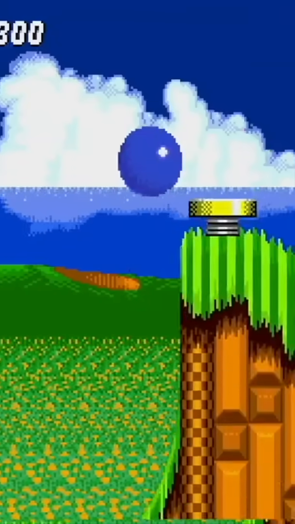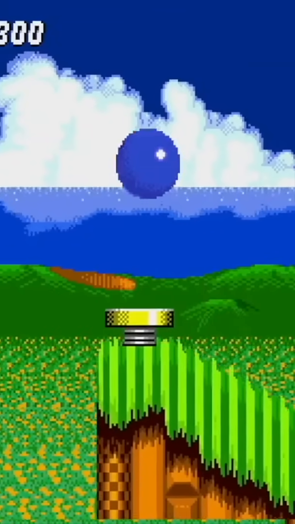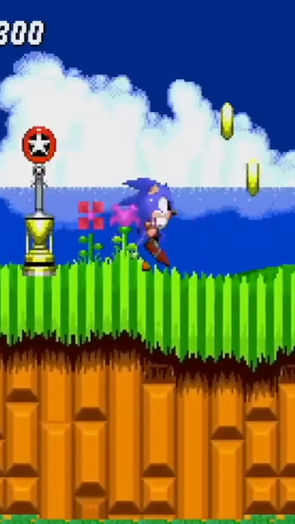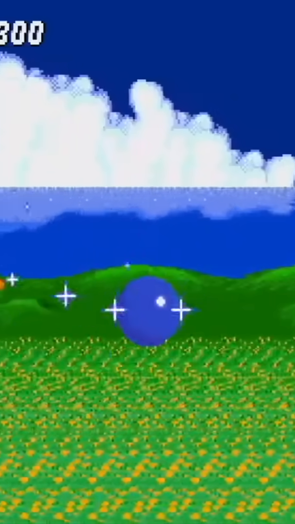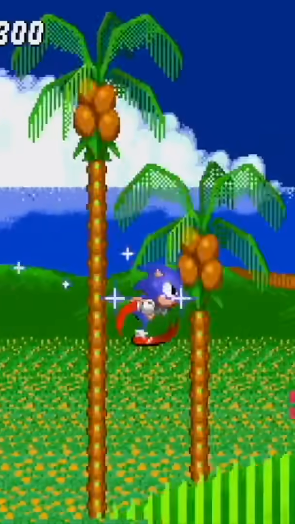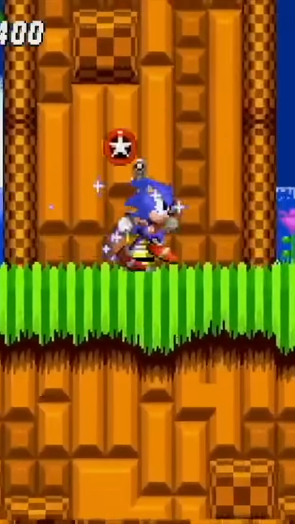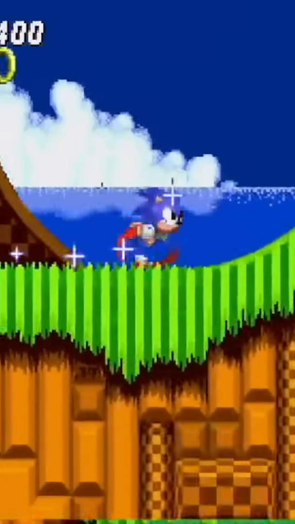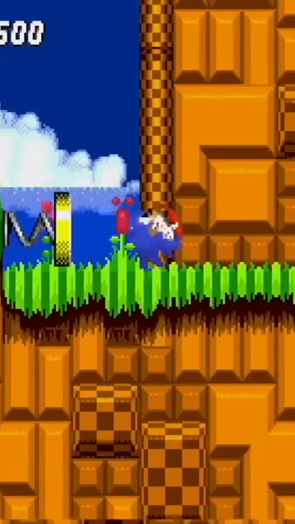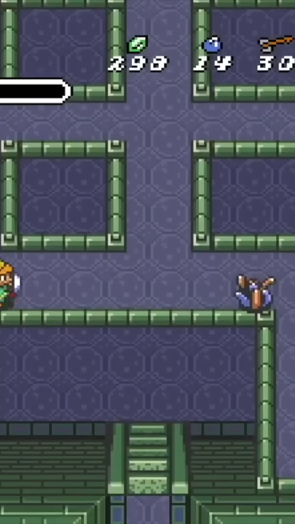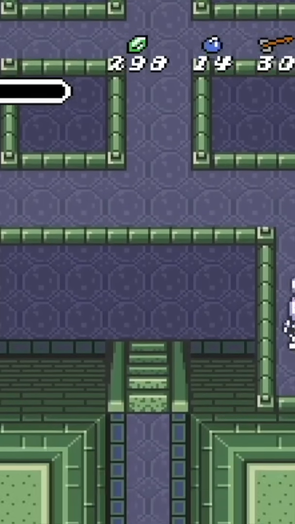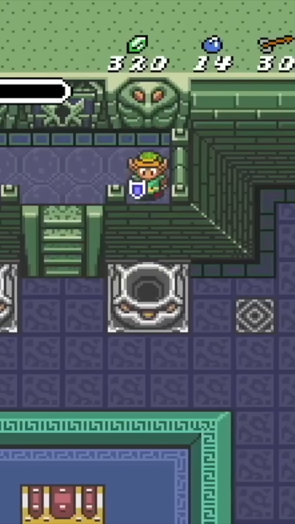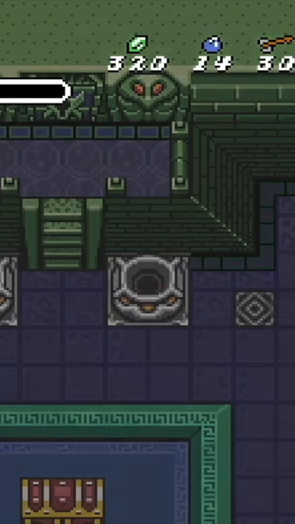A Link to the Past is not necessarily unique in that regard either. Sonic 2's level designer Hirokazu Yasuhara, which I'm sure I butchered, stated that he approached designing Sonic's levels from a 3D perspective first and then converted them to fit within the hardware. The point I was trying to make in my video is that these developers were already thinking in that third dimension, and you can really see it in A Link to the Past design.